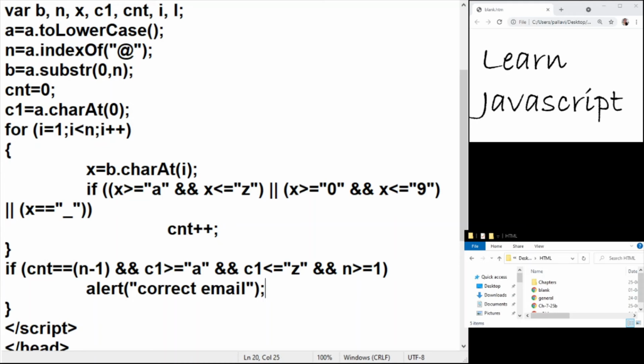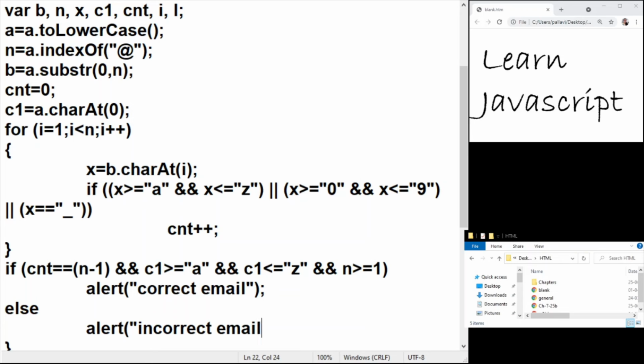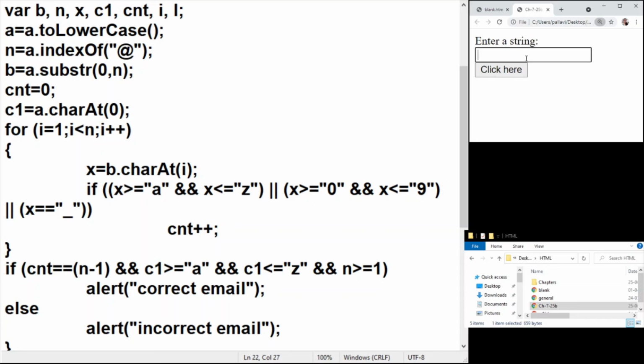As of now, we are not talking about the email, but we will still consider it as correct email. It should have been correct username. But nonetheless, you can customize your code and your output. So let's see whether it works.